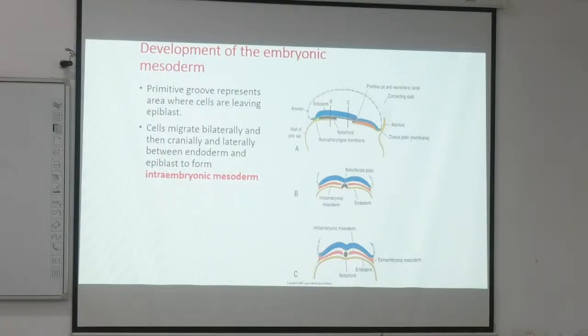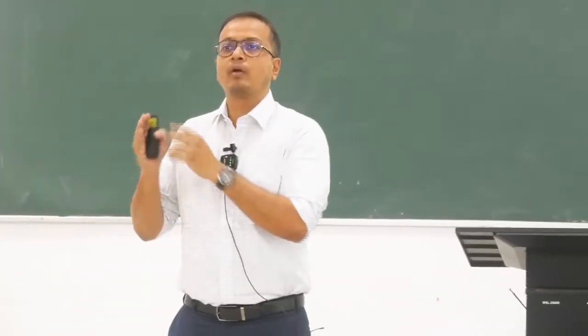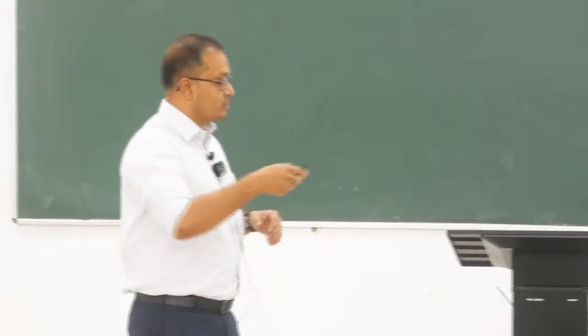This particular notochord stimulates this particular intraembryonic mesoderm to grow. It grows and it populates and makes a shape. So this particular red tissue that we are seeing here on the right side and left side of the notochord, they go in bulk or in thickness, and they transform into three different components. So if you see these